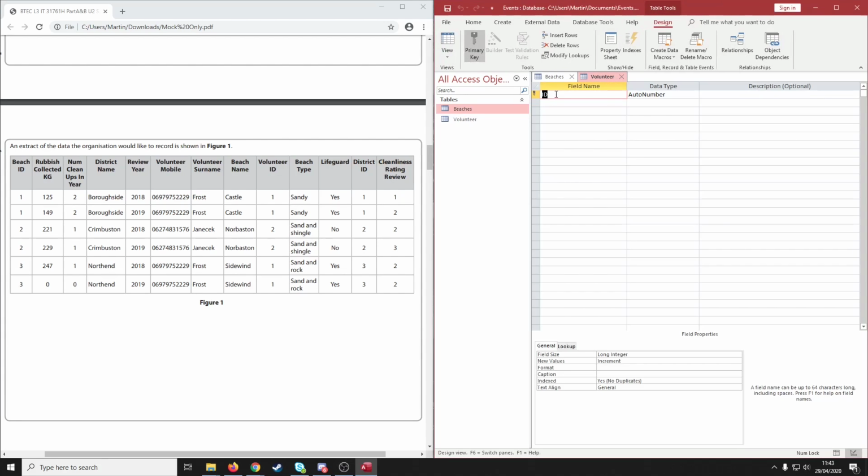There we go. Right, so we have two volunteers, one called Frost and one called Janasek, I believe that's how you pronounce it. Don't hold me to that one. Right, so you have volunteer ID first, which is this one. And we then have volunteer surname. And then we've got volunteer